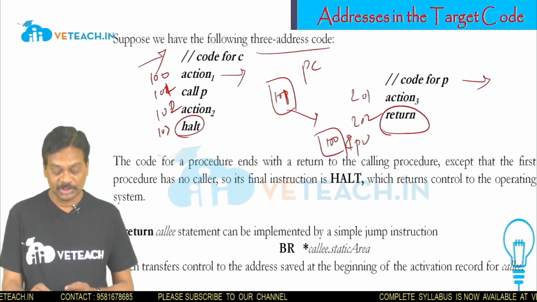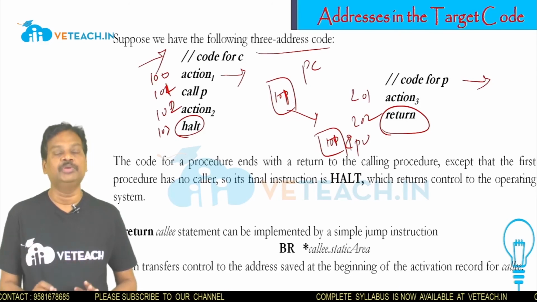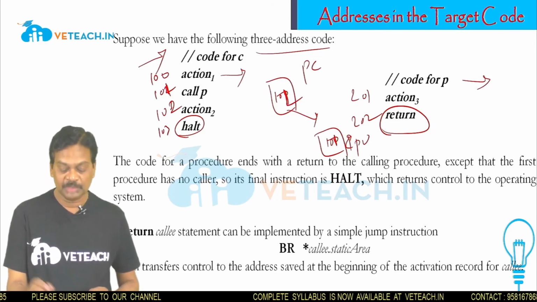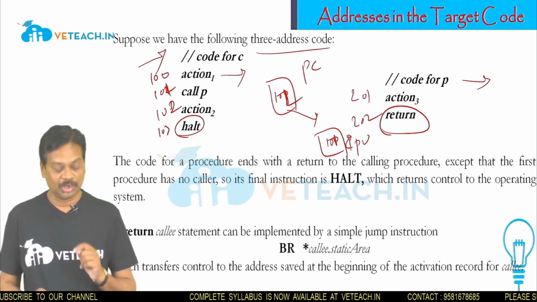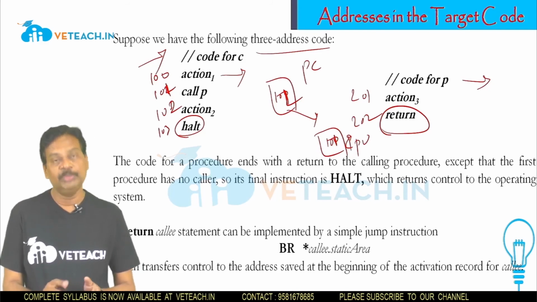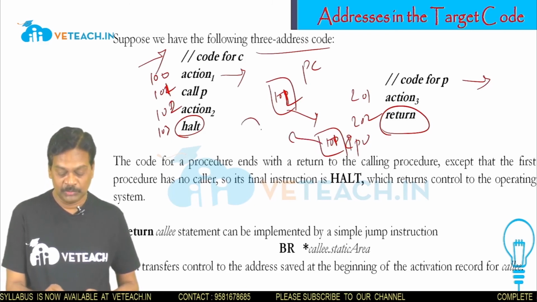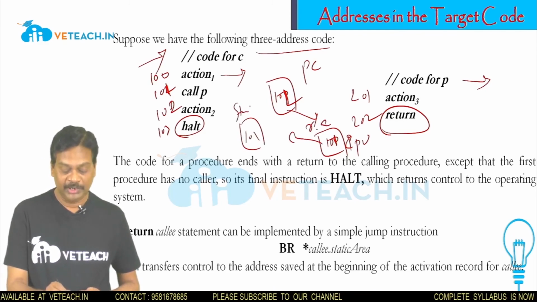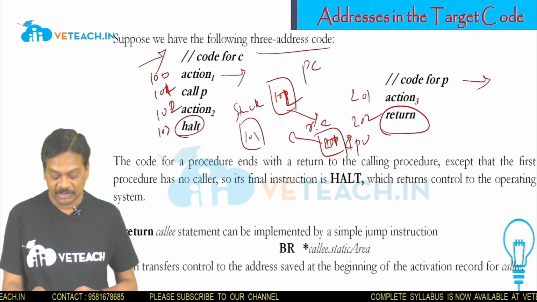After completion of 100, immediately the instruction at address 101 will be moved to the CPU. Immediately the program counter becomes 102. So while 101 is executing, the program counter value is 102. Now what is 101? 101 is call P. Call P means it is switching from code for C to code for P. So immediately this value will be stored. This is what we call the return address. It will be stored in the stack, and immediately it switches from the main program to the subprogram by setting the value to 201.